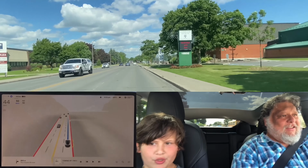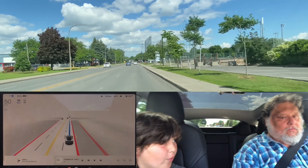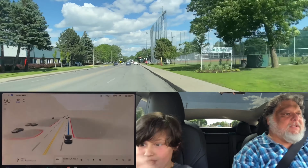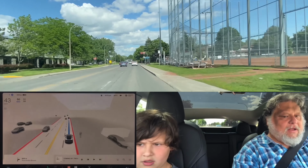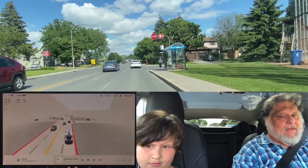Dad, you know what I've noticed? That's too fast. What? I'm pretty sure here it shows some cars are blue. What I think happens is whenever they're accelerating, they're blue. Yeah, blue's accelerating. Yes, that's right. Well, what does black mean? Braking? Black is the one I'm following, I think. Because it's not turning blue when it accelerates. I think black is just...